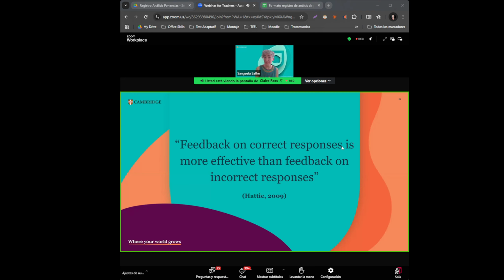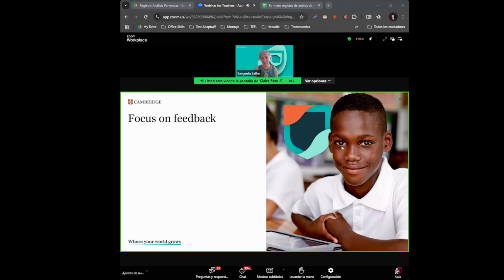Feedback on correct responses is more effective than feedback on incorrect responses. So I think, as you're saying, it's as important to highlight what our learners are doing well, as well as giving them ideas for how they can improve, okay? So we must balance their successes as well as areas for improvement. Our feedback needs to be actionable as well. And by that, I mean that we need to give specific examples of what they're doing well so they can do it better. For example,